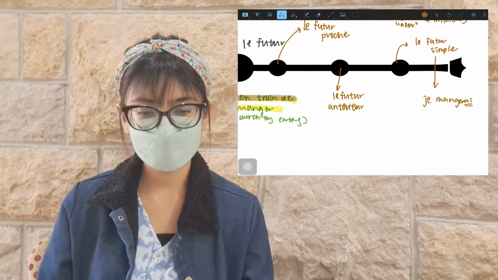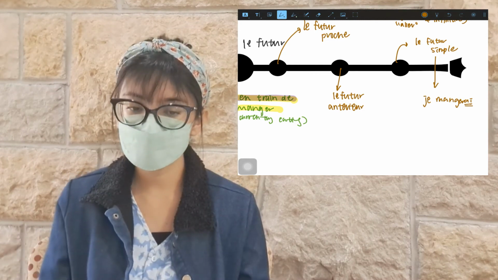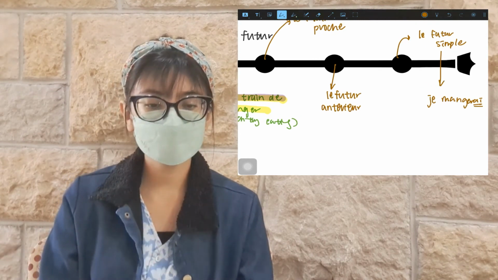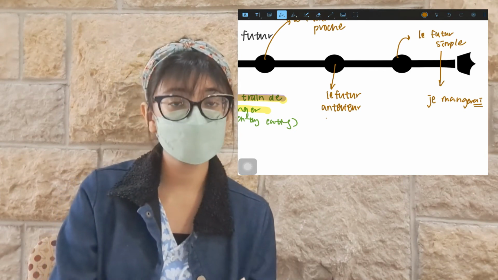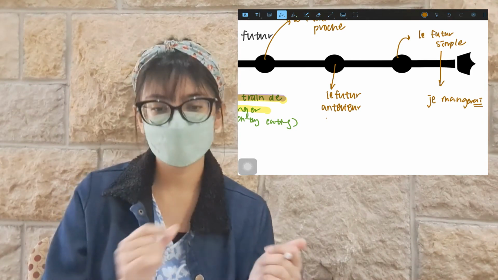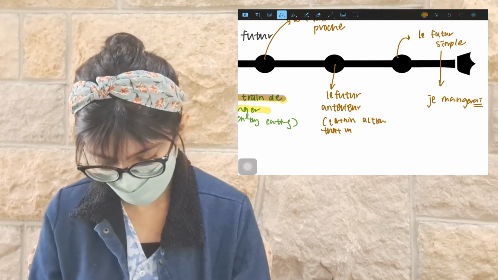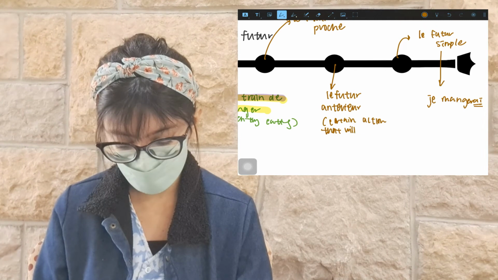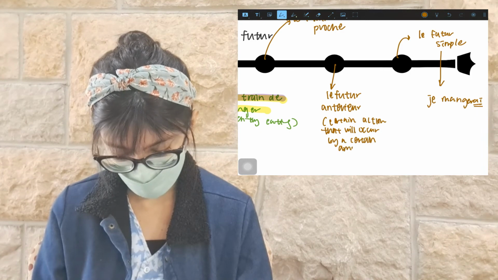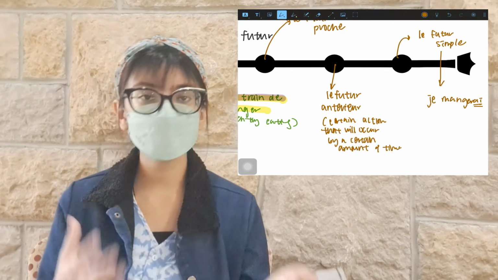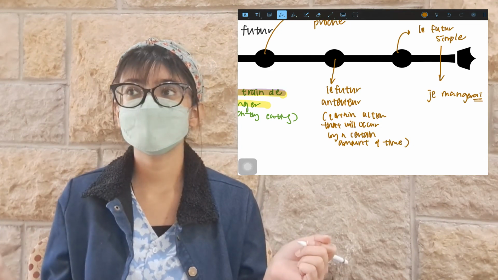Now, le futur antérieur. Maybe you've never heard of this before, and that's completely fine, but I want to touch upon it. Le futur antérieur is when you can predict that you will have done something by a certain amount of time, a certain action that will occur by a certain point. For example, you know that in the future, at 10 o'clock at night, you are going to take a shower.